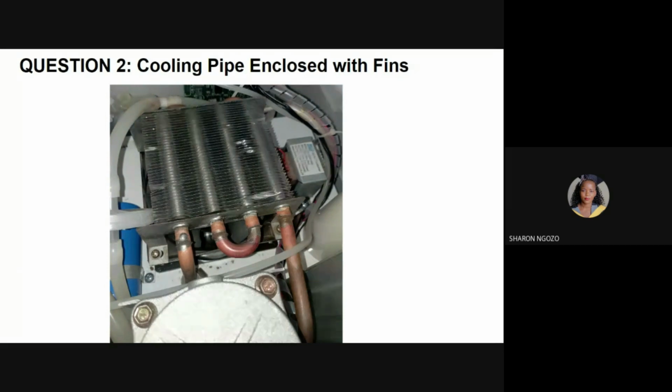So the cooling pipes are placed on top of a fan, as you can see in the graphics. The fan pulls air through the fins and blows it into the compressor chamber. As the air passes the fins, it cools down the compressed air passing through the cooling pipes. When the fins are burnt or get damaged, the normal flow of air through the fins is disrupted, and the hot air still makes its way to the sieve beds because heat cannot escape as efficiently during the cooling process. As a result, the oxygen concentrators may develop problems if the heat exceeds the normal operating temperatures.